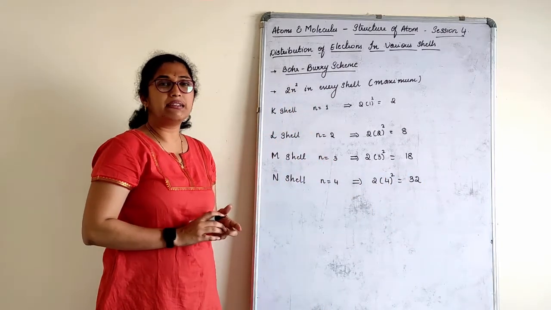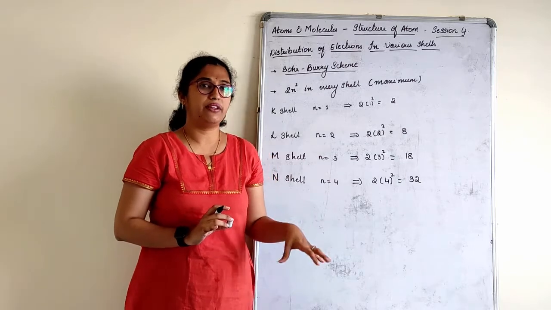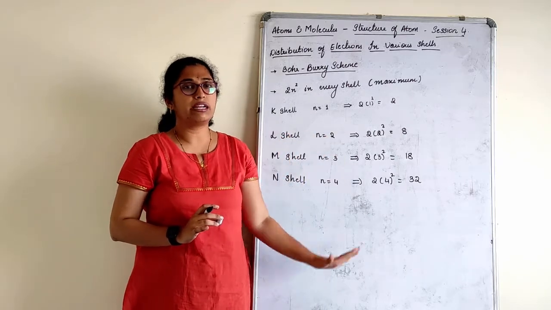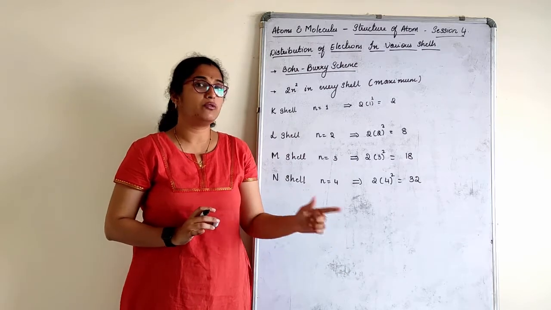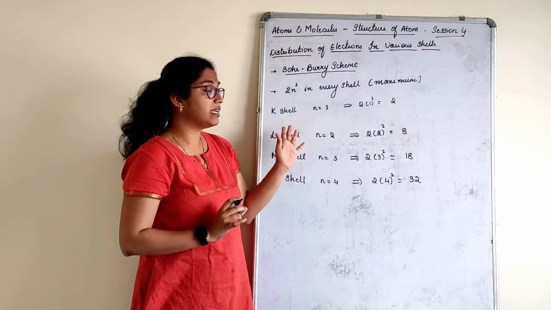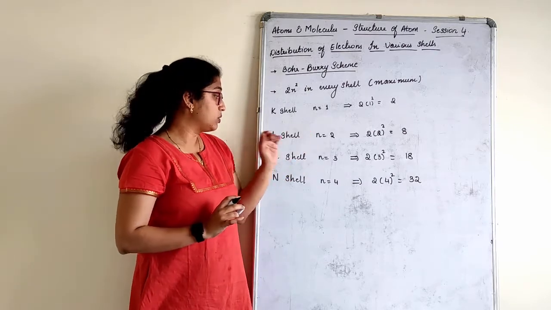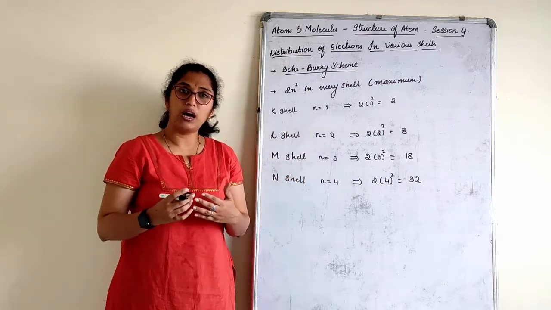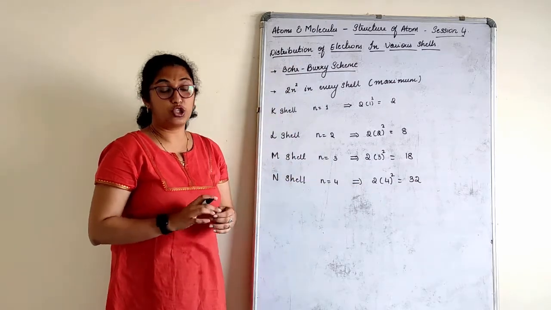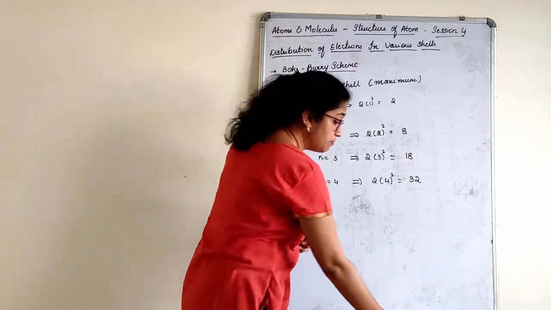So you can simply tell that these are the seating arrangement given. You have only 2 electron space in the first shell. Only 2 electrons can fit. When the third one comes, you will say there is no place here. Kindly shift to the next shell. It can go to the next shell, the M shell. Now how are these useful? How is it done? We will understand. But remember this configuration.